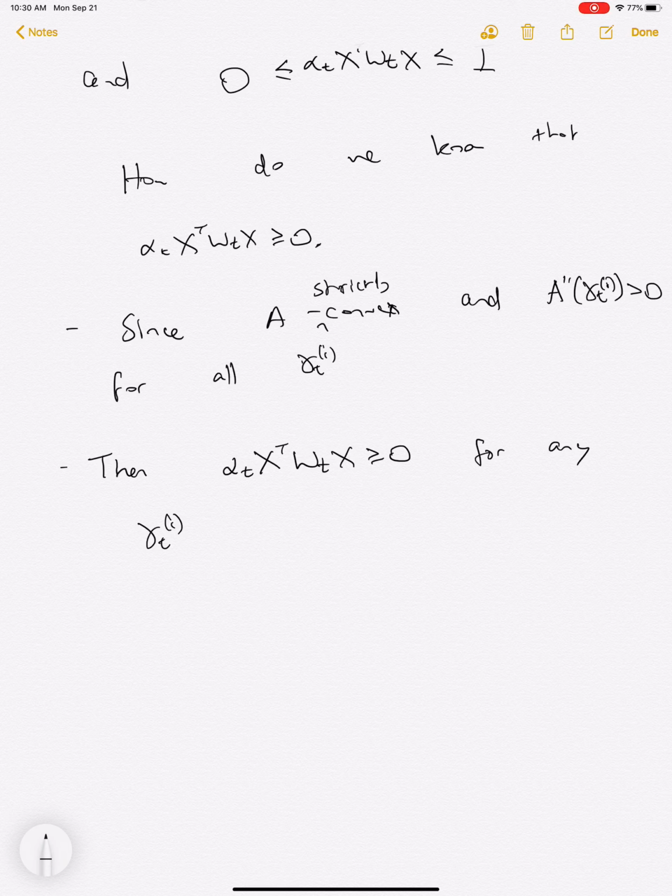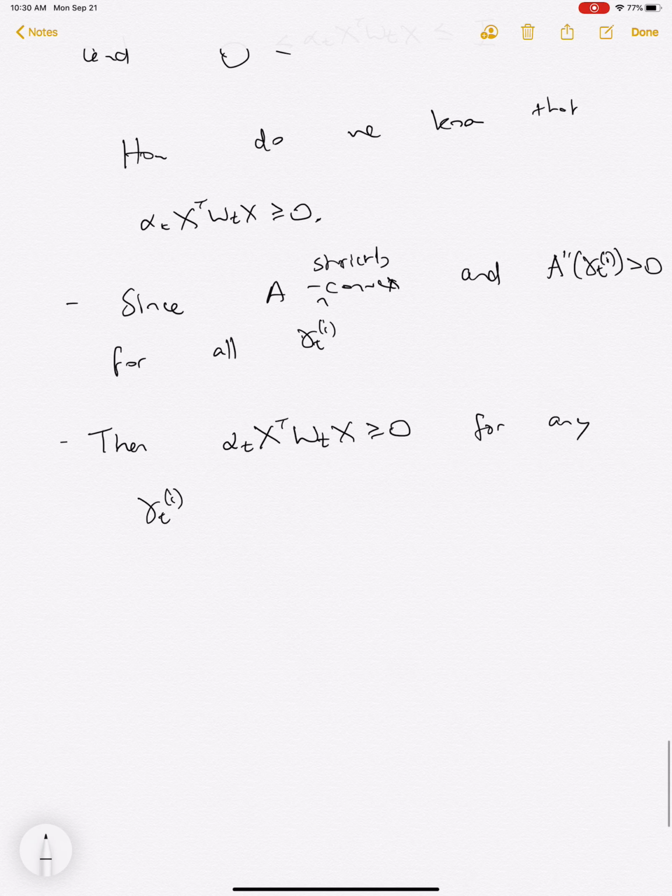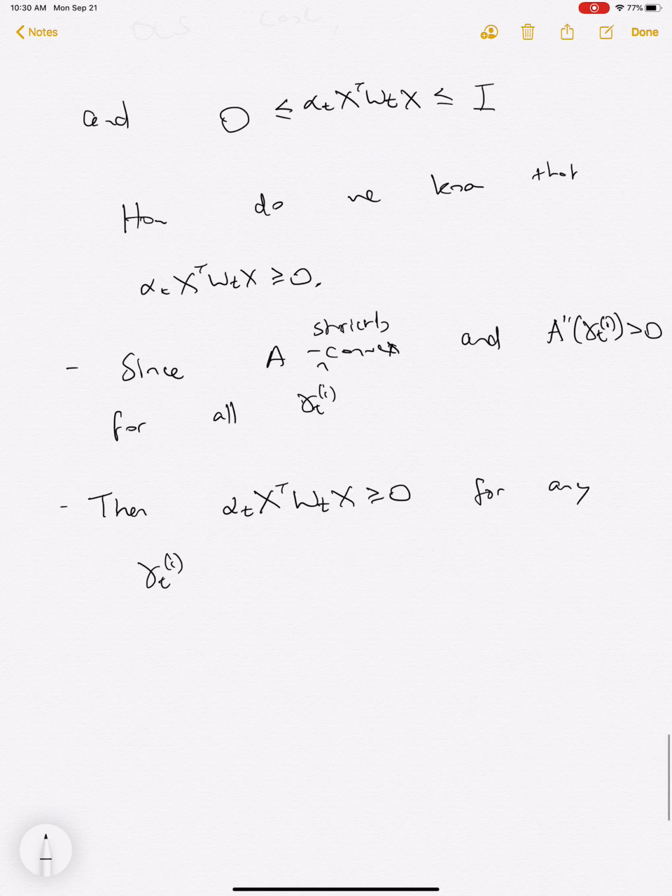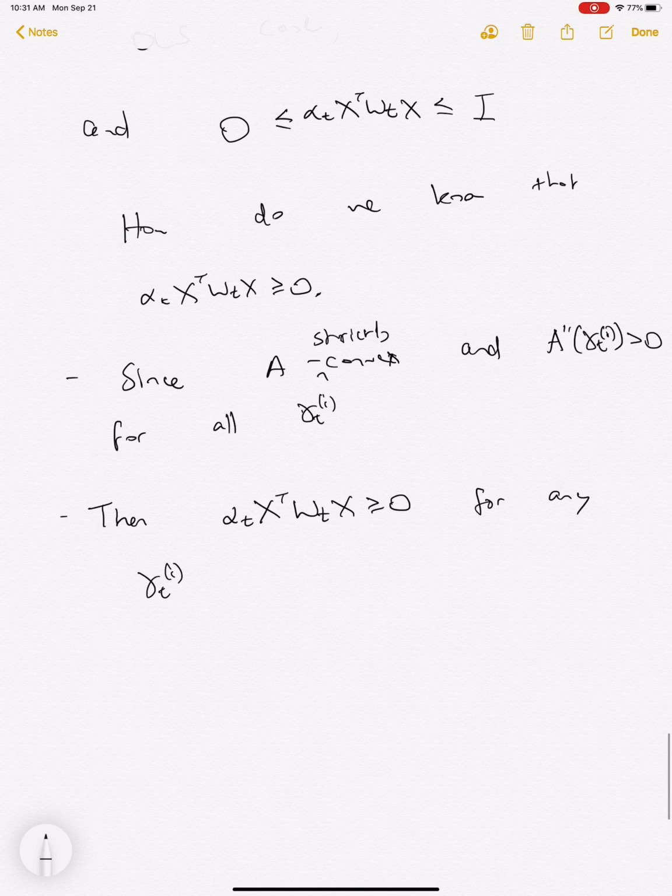Because if we don't have that, we couldn't guarantee that things are bigger than 0, and you don't really know what this algorithm is going to do then. Because when it was the identity, obviously we knew that was a positive semi-definite matrix like X transpose X. Now we kind of need the fact that that's bigger than 0 to ensure that we can represent this as a positive semi-definite matrix. And then we also need, as we did before, alpha_t to be less than 1 over the maximum eigenvalue of